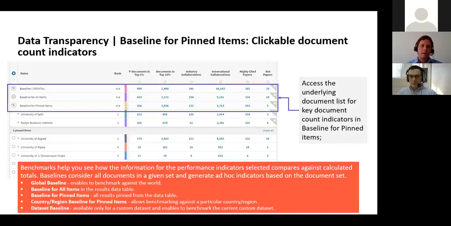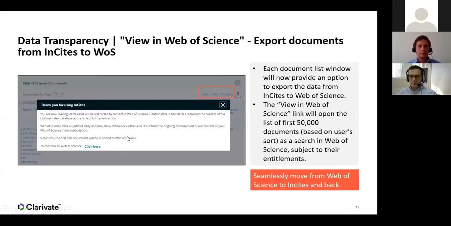The same service is available also for the dataset baselines, which are available either for pinned items or for all items retrieved by your analysis. A very new extension or feature is the view in the Web of Science. Thanks to this, you can easily switch your view from the Insights benchmarking analytics to the Web of Science. You can, for example, obtain or harvest cited references or other related content and analyze these records back in Insights